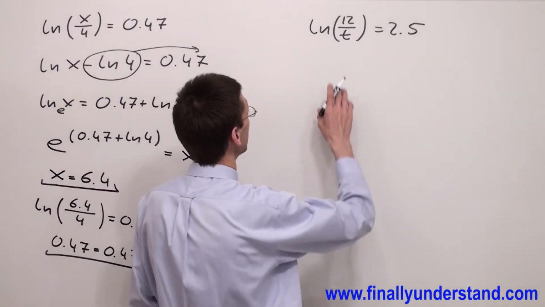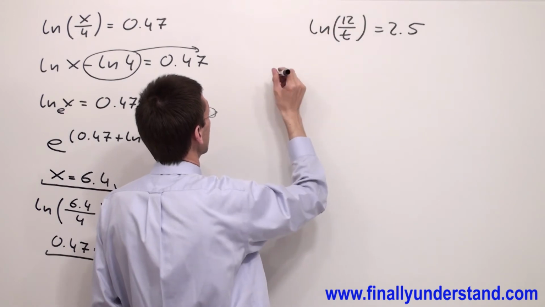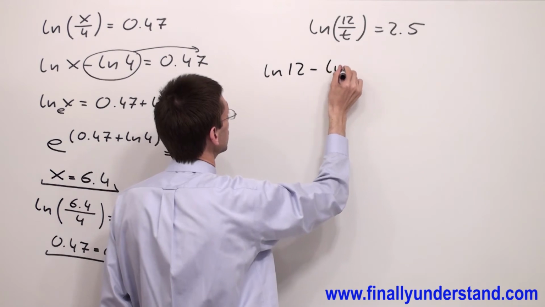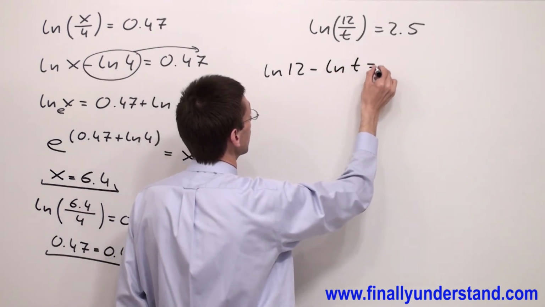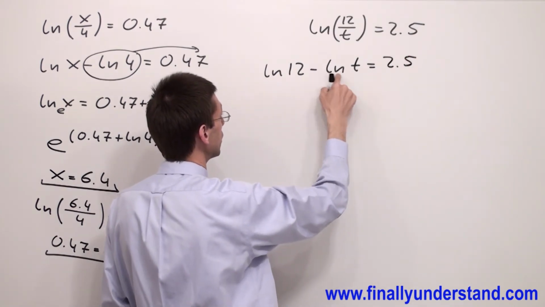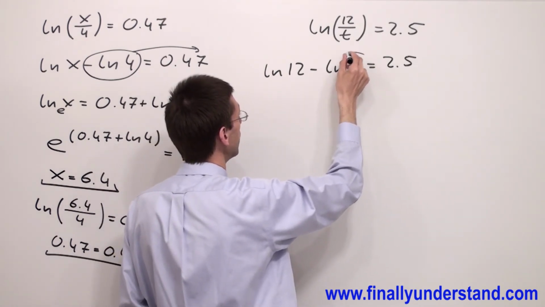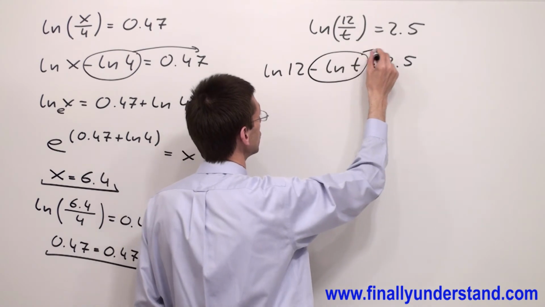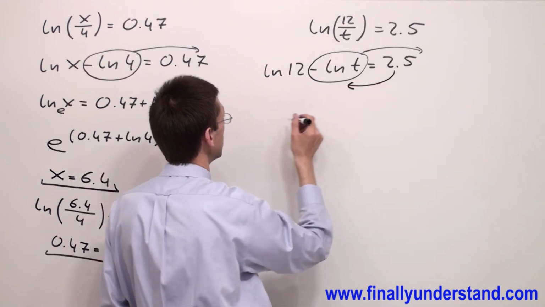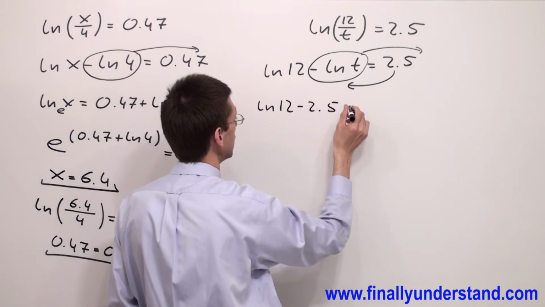Second example, again we have the log of quotient. I'm going to rewrite it as natural log of 12 minus natural log of t equals 2.5. Because this natural log of t is negative, I'm going to convert this to positive by moving this log to the right side. And 2.5 I'm going to move to the left side. And I have natural log of 12 minus 2.5 is equal to